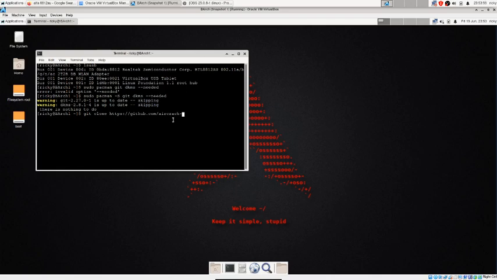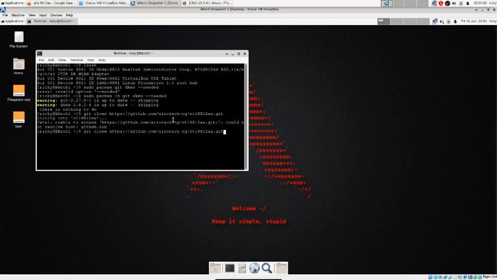If you go to the link, you will get 8811, 8816, all the Realtek drivers for your Wi-Fi adapters. This is my Wi-Fi model, that's why I'm downloading that.